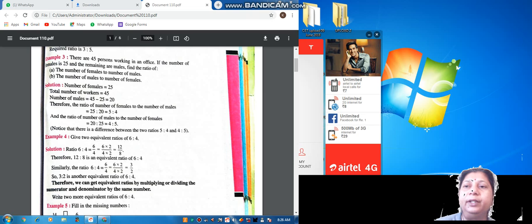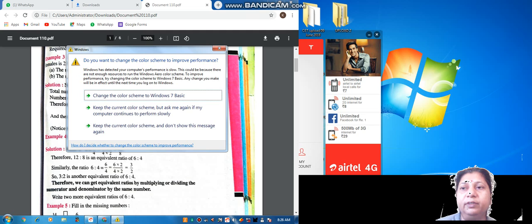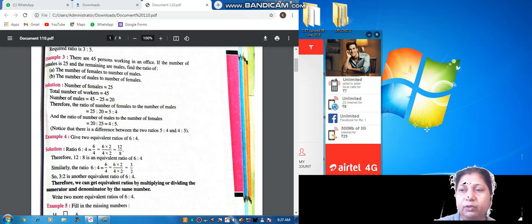So we will multiply the 6 upon 4. 6 as to 4 means 6 upon 4. So we will multiply numerator and denominator by 2. We will get here 12 upon 8. So 6 to the 12, 4 to the 8. Now here it is division. It is done by division, but by mistake the multiplication sign is written. Please correct it, it is the division. So 6 as to 4 is the given ratio, and here they have divided by 2. So 2 3s are 6, 3 here, and 2 2s are 4, 2 here.